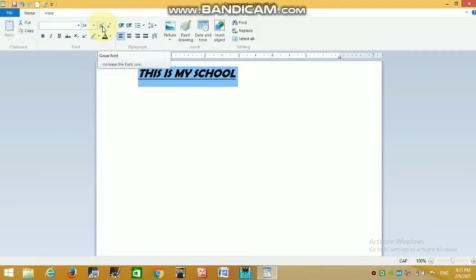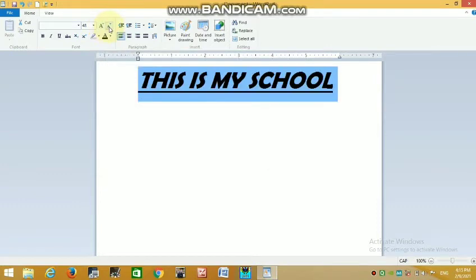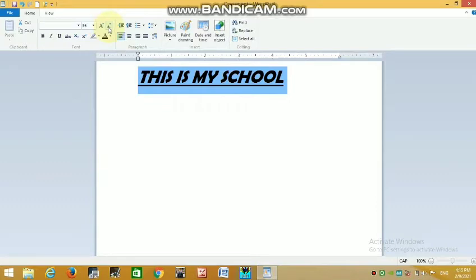This is grow font to make it bigger, and this is shrink font to make it smaller. And these 3 buttons: bold changes to a heavier font, italic changes to italic, and underline draws a line below the text.